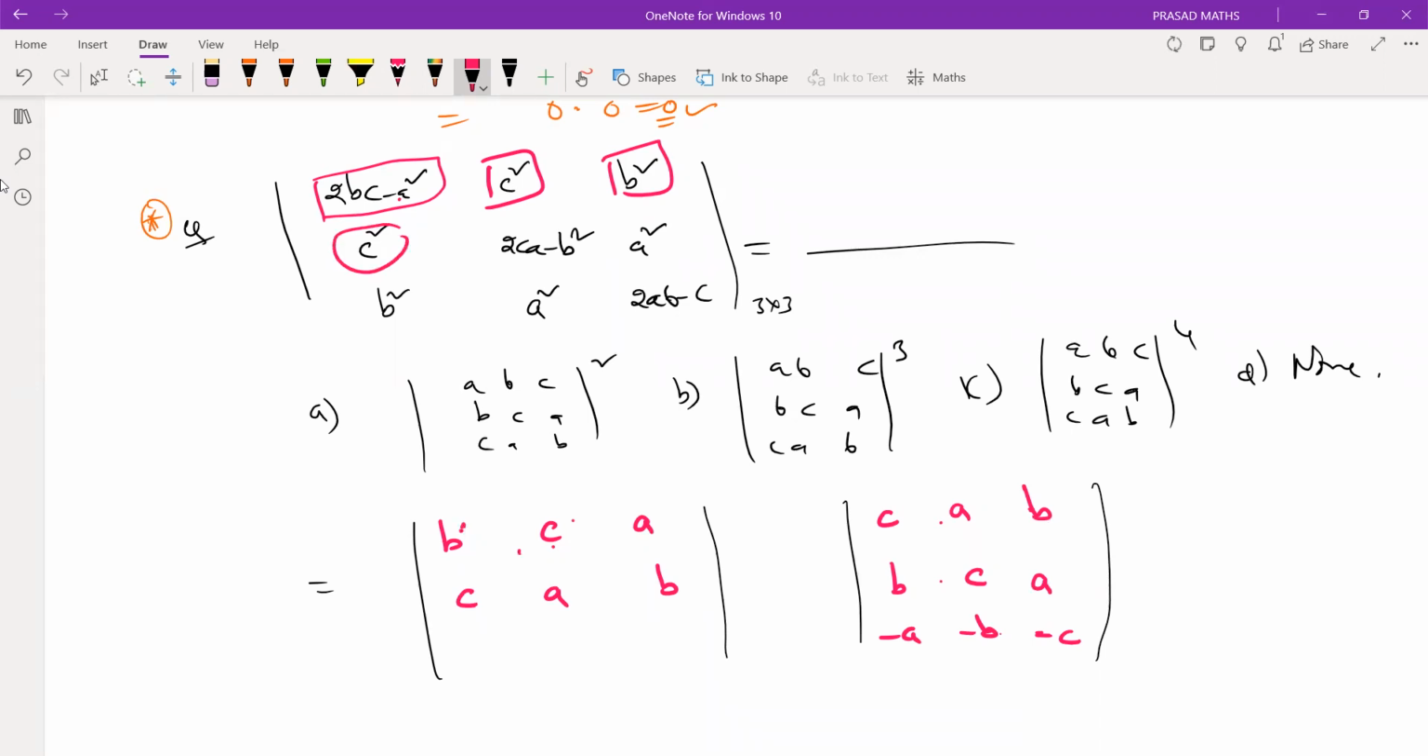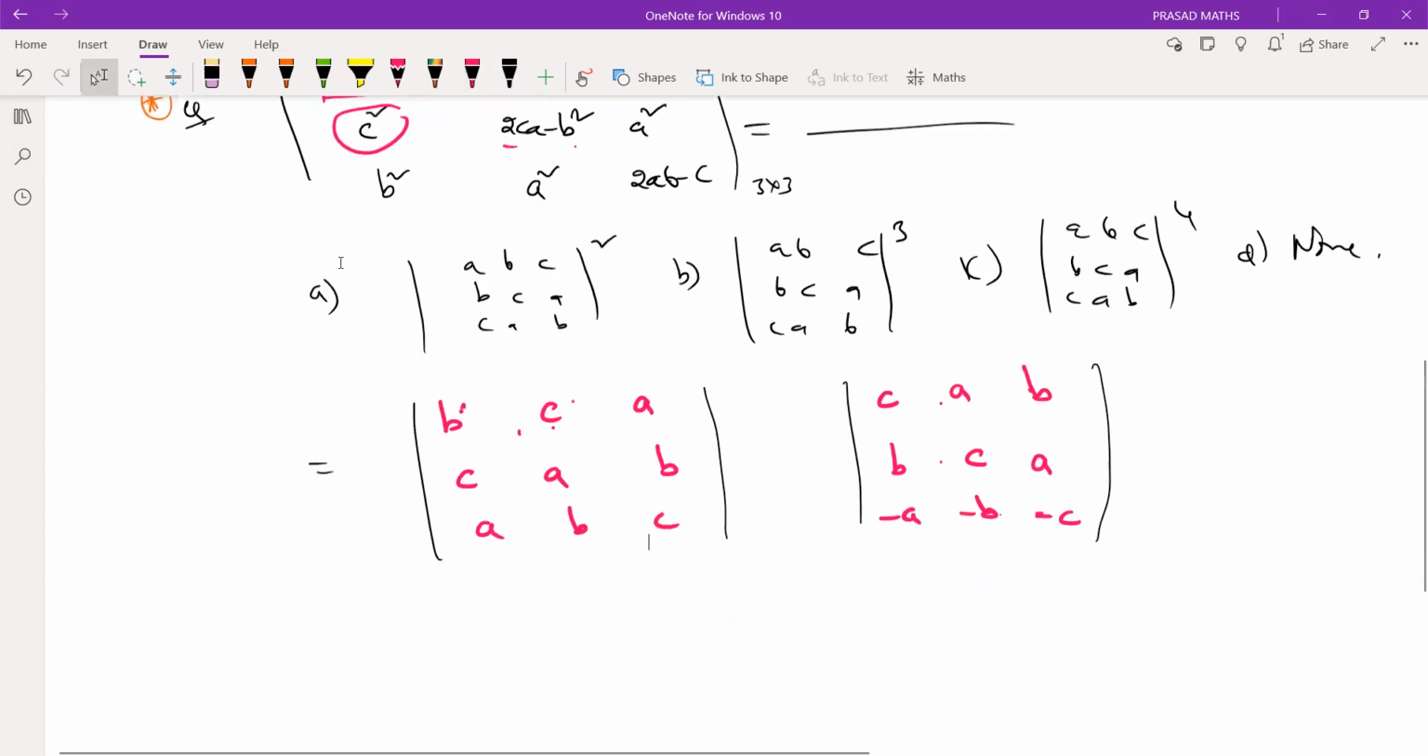Next, CAC plus AC minus B square. Okay, 2AC minus B square. Next, BC plus A square minus BC. So they cancel. Therefore, you are going to get A square. Okay. Next, what is this? B, BCA square, CAB. Next, ABC, ABC. Right? So therefore,